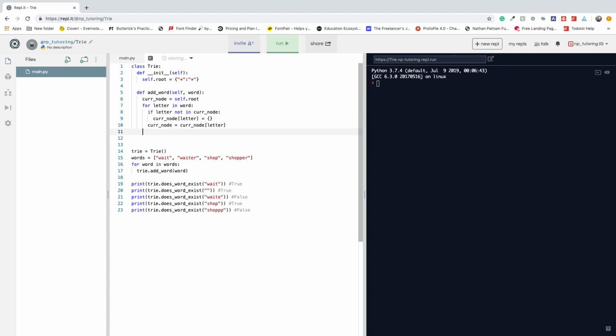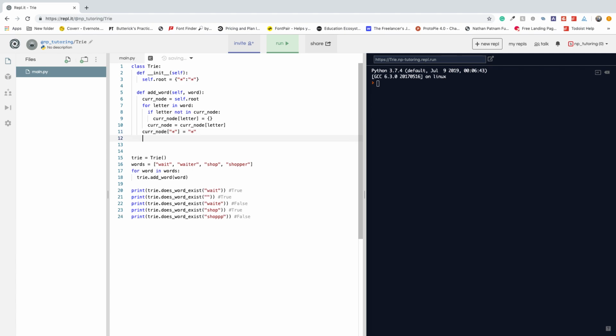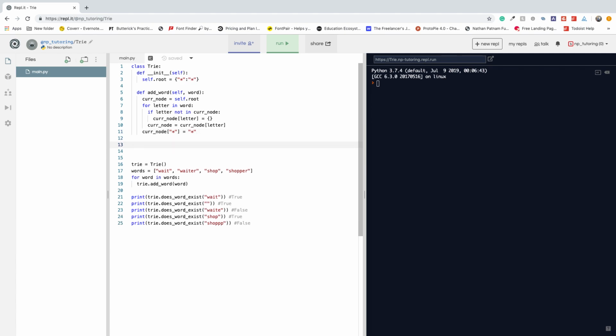And after we've added our word, what we need to do is take the current node, and we need to add a star character, meaning that this is an end of a word. And so that's all we need to do for adding a word. To check to see if a word exists or not,